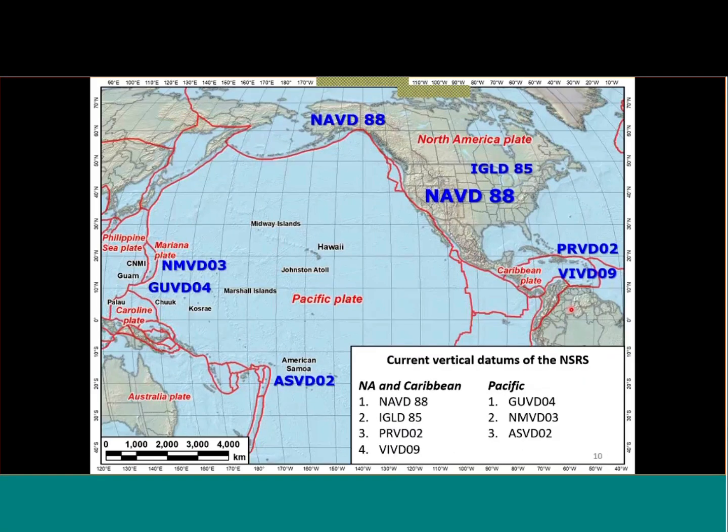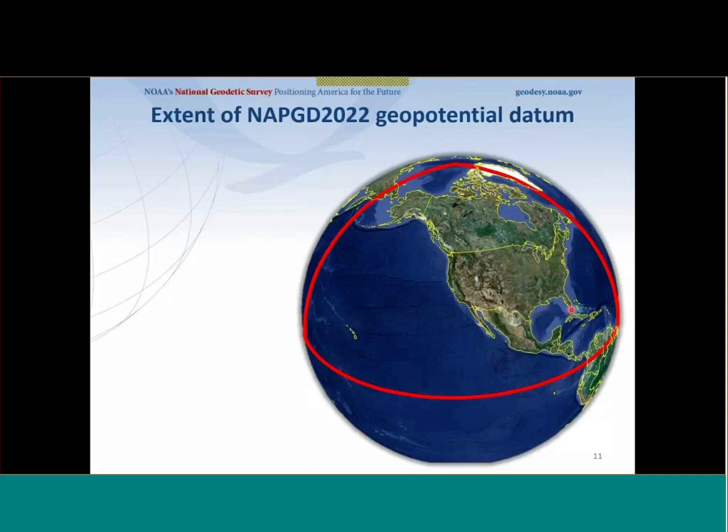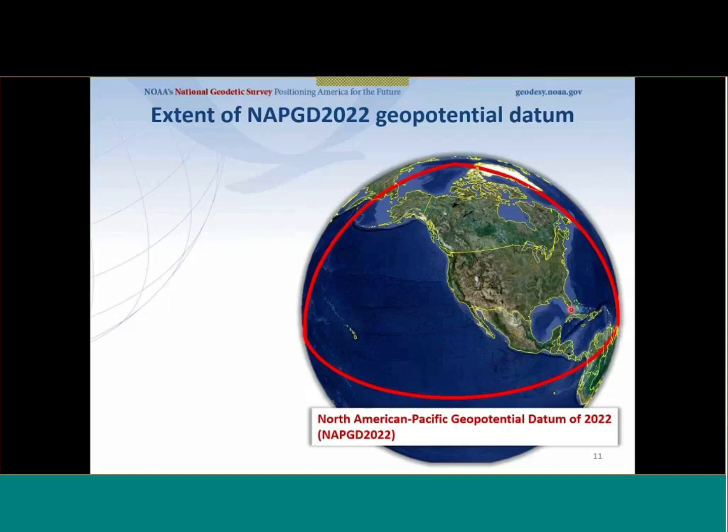Made all those benchmarks unusable. Or at least it made the heights between them be incorrect. So it's gone. Now we're going to replace all of those 7 vertical datums with 1: the North American Pacific Geopotential Datum of 2022. And on this map, you see that it's covering